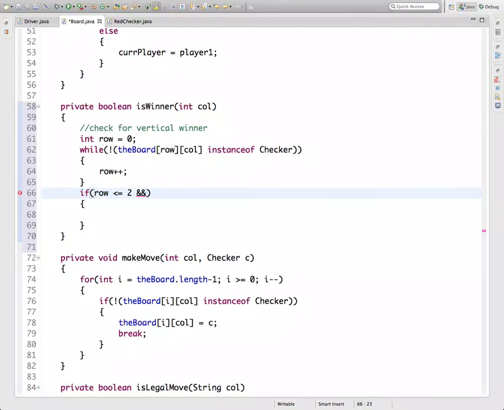And the board at bucket row, call, is equivalent to the board at bucket row plus 1, call,